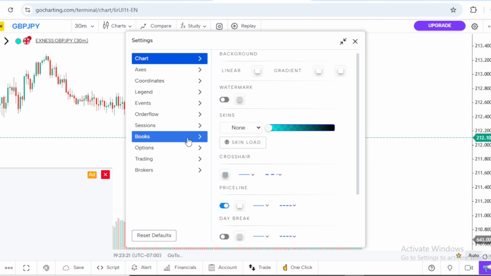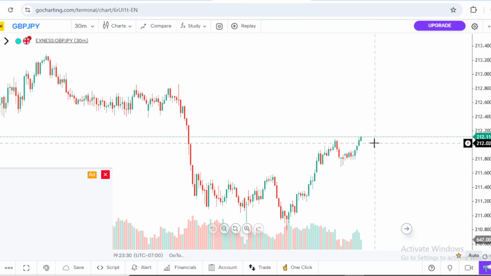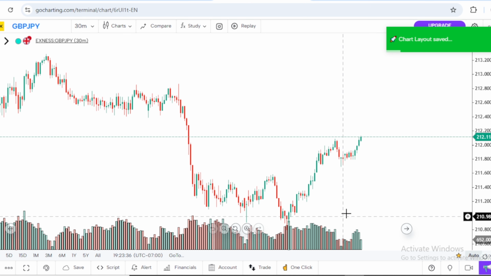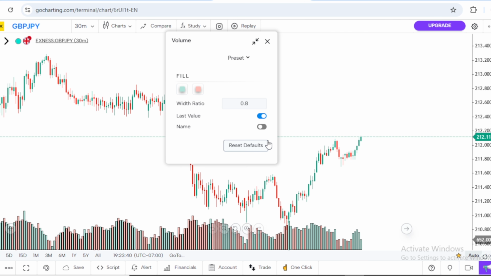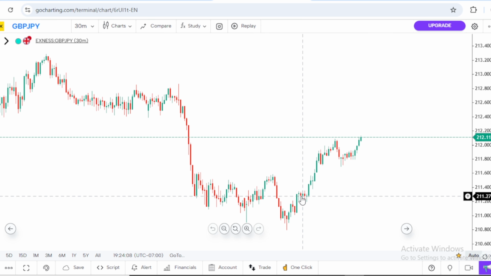So follow how I did it. Turn off everything that you saw me turn off. So that's it for the background. Once you're done with it, Ctrl S, so you can save your settings. So this particular stuff here, this volume here, I told you I just want a plain background. So you're going to hide it from there.